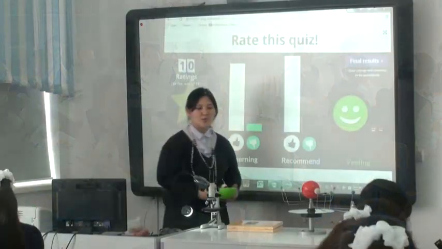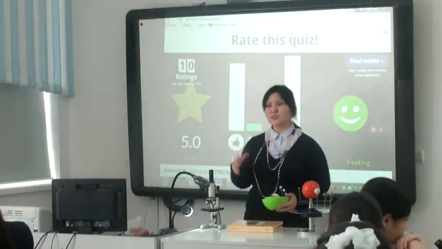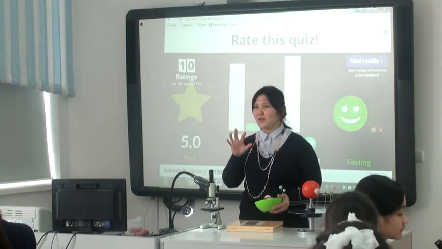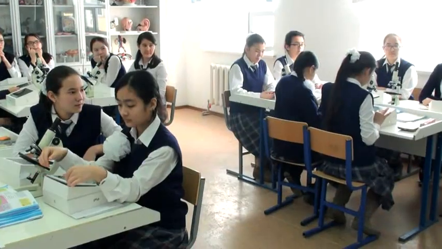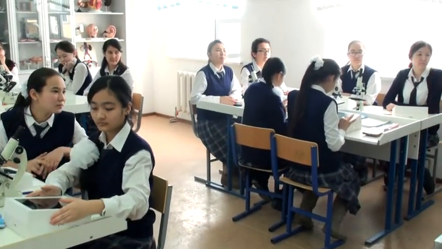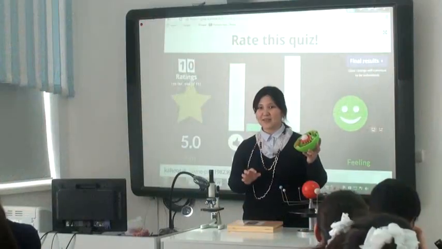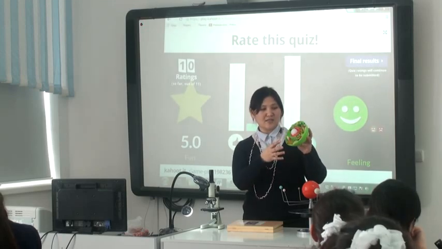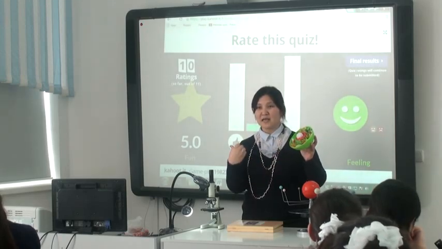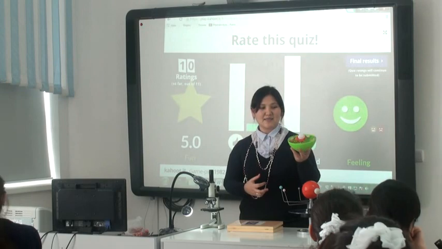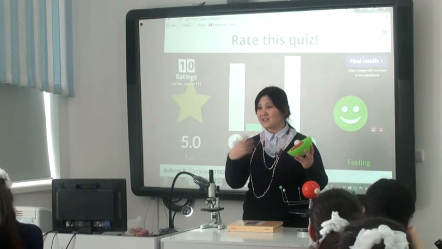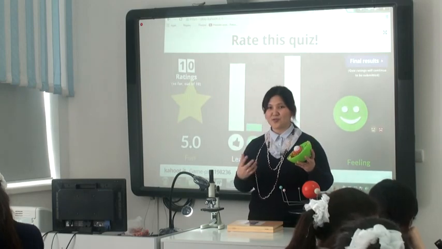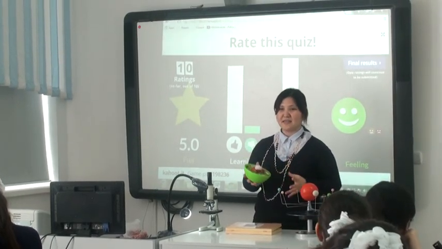As a homework, according to your group's name, like animal cell, bacteria cell, plant cell, you are going to make a 3D model of each cell, okay? So this is the example of a last grade student. She made the animal cell with plastic. Yeah, it is just an idea for you, okay, to make something interesting like this.